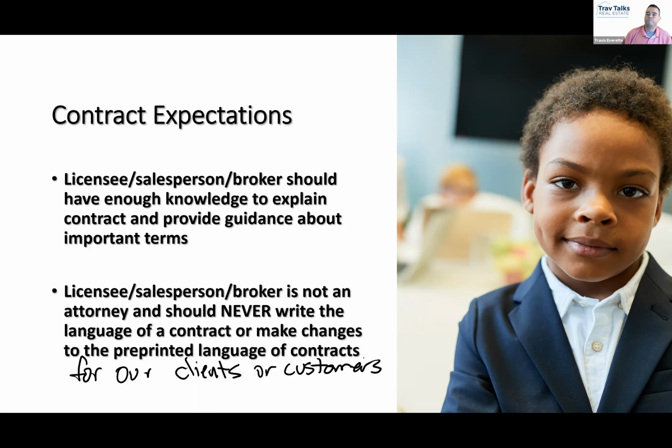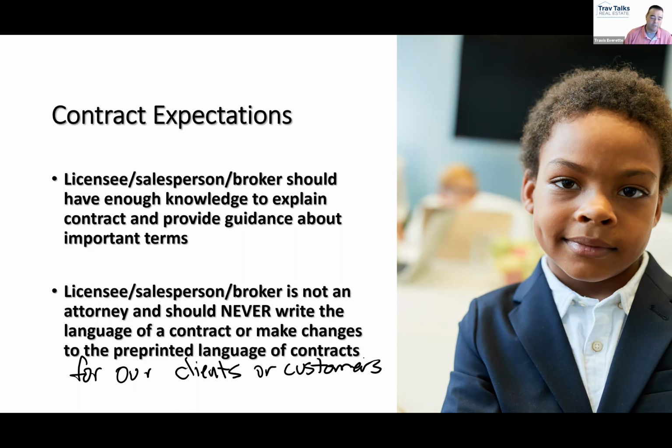Okay. So agents don't sign the contract, just their information is on the bottom. That's exactly right. You're never going to see a signature of a licensee on a sales contract unless the licensee is the buyer or the seller. They'll be mentioned on the very last page, who's the agent representing the buyer, who's the agent representing the seller, but they don't sign it. They're not a party to the agreement.